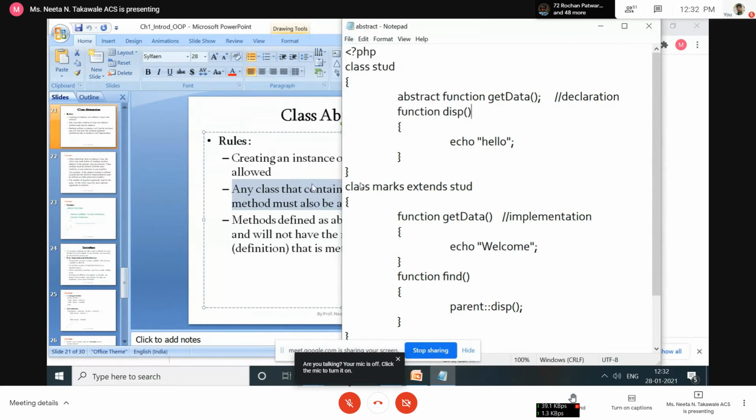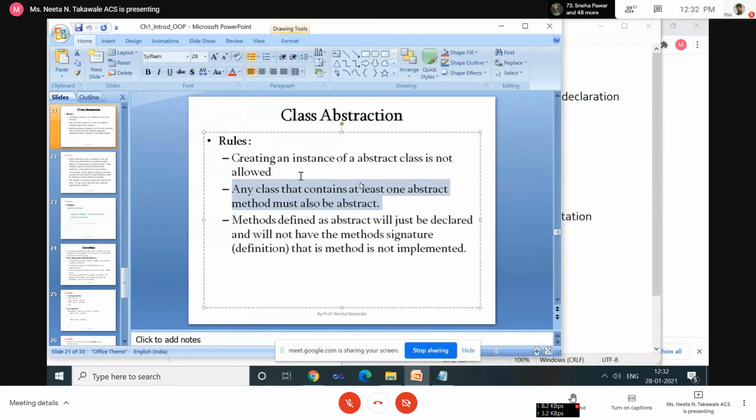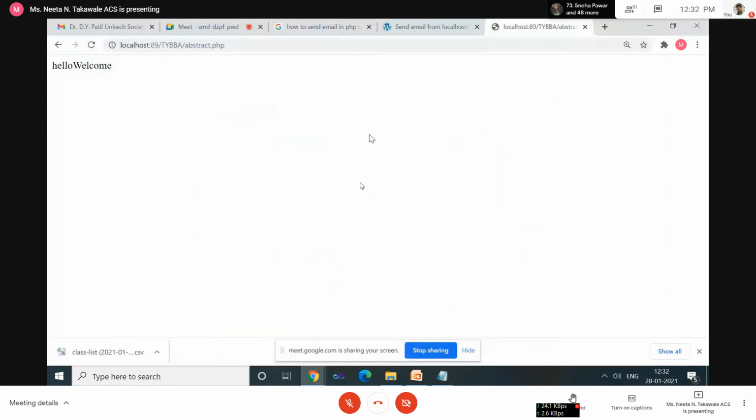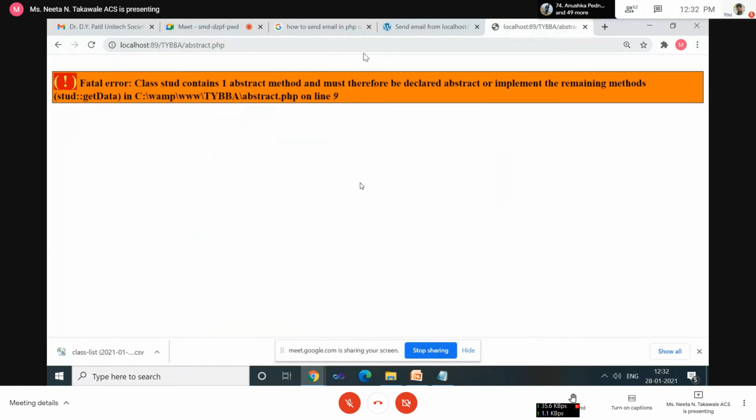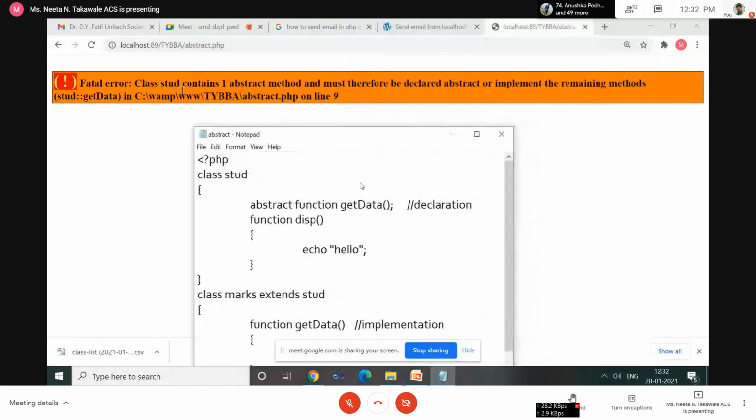Now let's see. Refresh. Now see, it is showing the error message. What is the error message? Class student contains one abstract method and must therefore be declared abstract. Okay, that means if inside the class you are declaring an abstract method, then it is compulsory that the class is also declared using the abstract keyword.